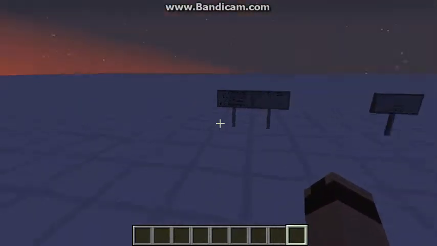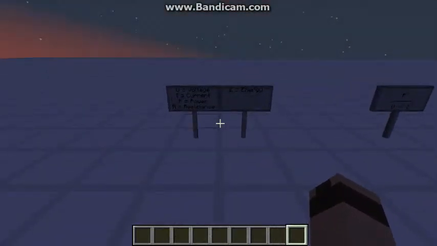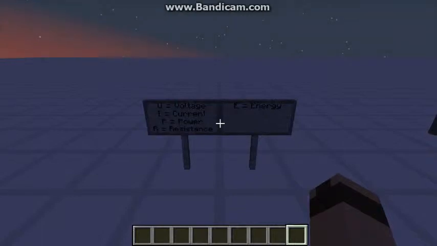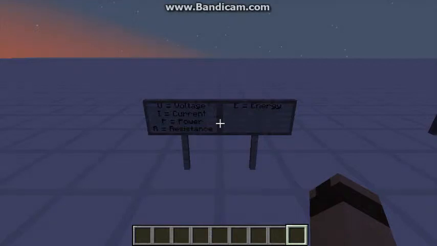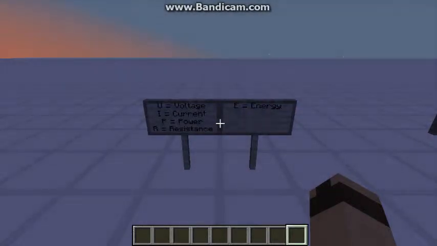Before we can start with the mod, I will tell a little bit about the basic rules of electricity. Now I only have 10 minutes, because I'm using a free version of Bandicam on my crappy laptop. Anyhow, the first thing with electricity is that we have a few things that you need to know, of